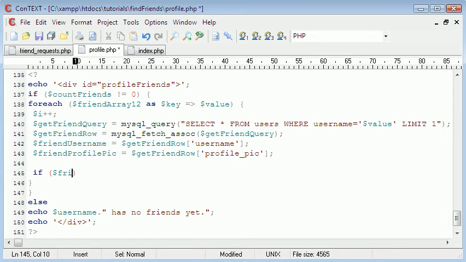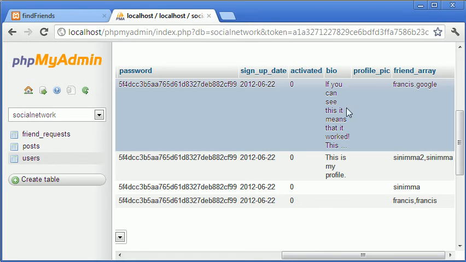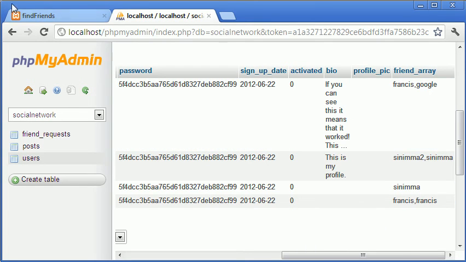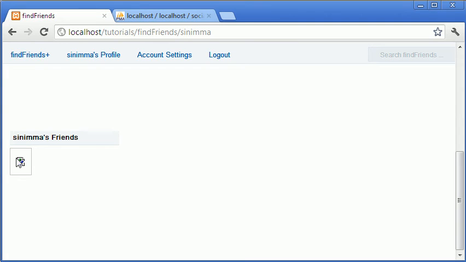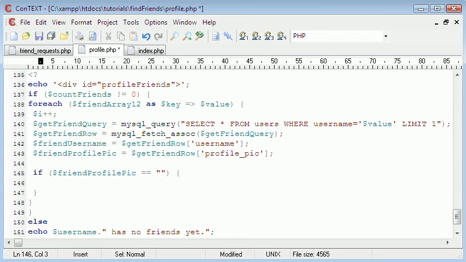So you can say if this is just a check to see whether to display the default profile pic, because if their profile pic row is empty, we're just gonna get displayed with this sort of image, like just to show that I can't find the image. So we want to show the default one in the images folder. So we're just doing a check to see whether they have a profile pic or not. So if the row is empty, so basically if they have no profile pic, then